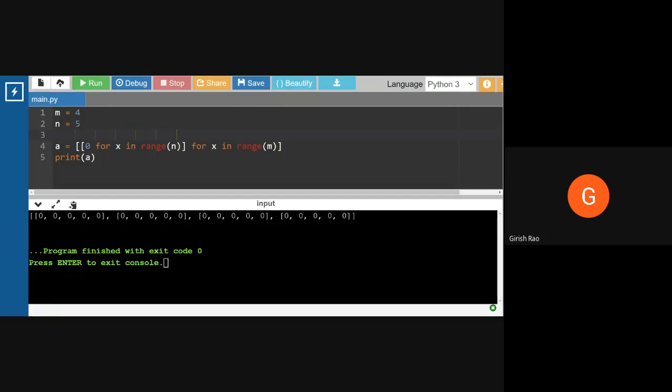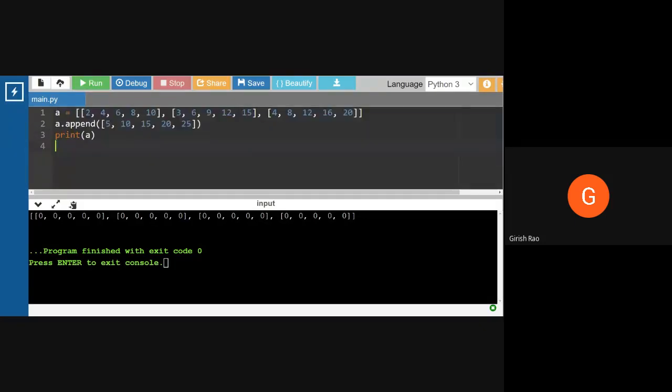So let me paste this for you. The next command, which I explained in the online class, is how do I append a list to an existing list?